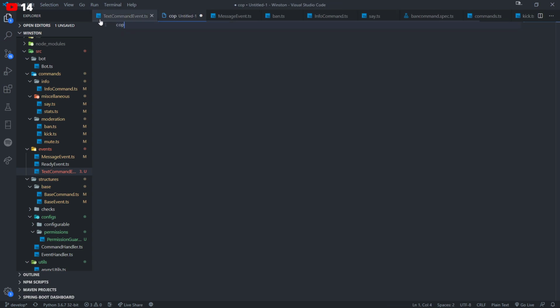Okay? Or you can do something like const my name equals Anson, and then you would just do module.exports, and then you can either export it just as it is, or you can export it in an object. So if you have multiple exports, you want to wrap it in an object. Okay, so hopefully that clears everything up.